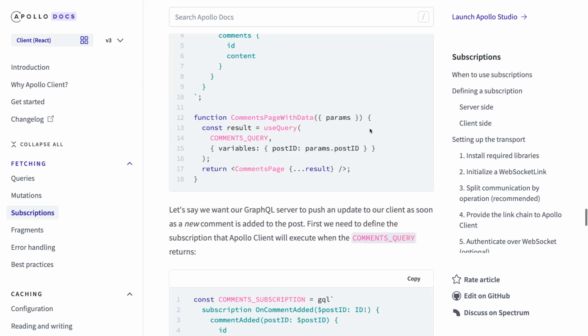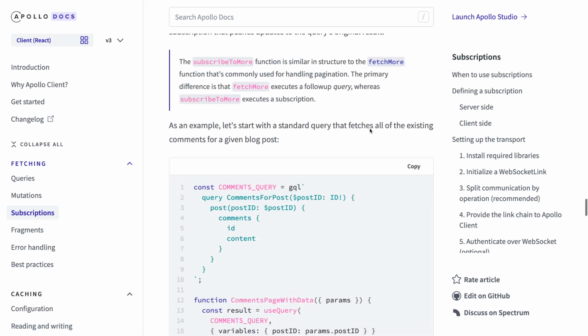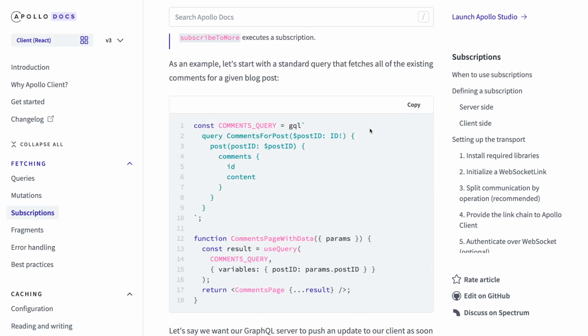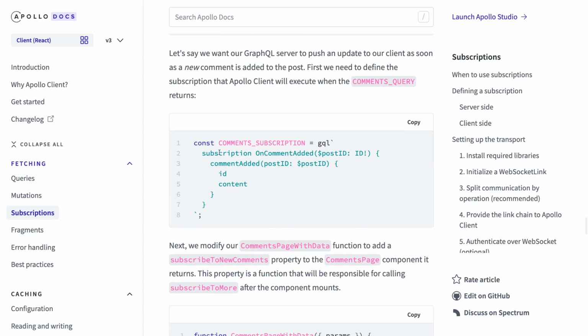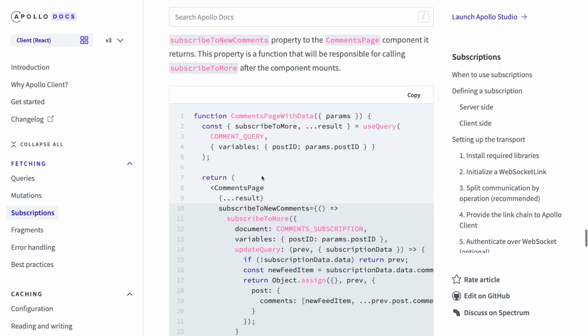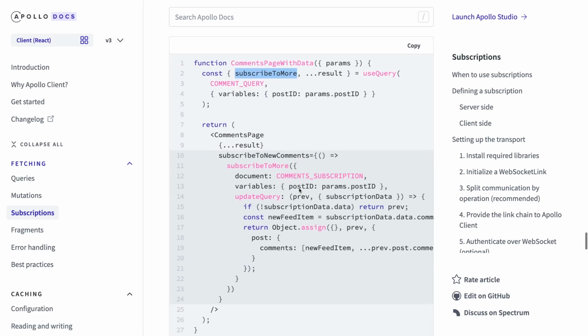Let's see how we are doing here. So let's say we have the comments where you are actually adding a comment, deleting a comment and all these things. Okay, if you see this simple example, comment subscription, either we create an explicit subscription and use useSubscription, or we can do it with useQuery also. In useQuery you can use subscribeToMore. That means whenever there is new data, you will be able to receive that data in subscribeToMore, right? Here we are looking for comment subscription.